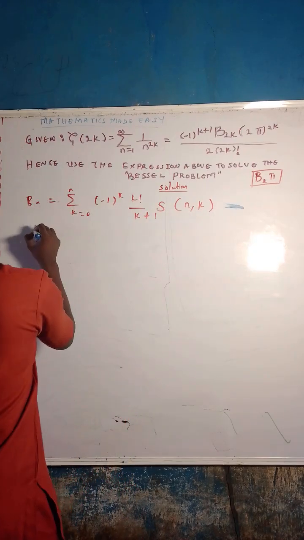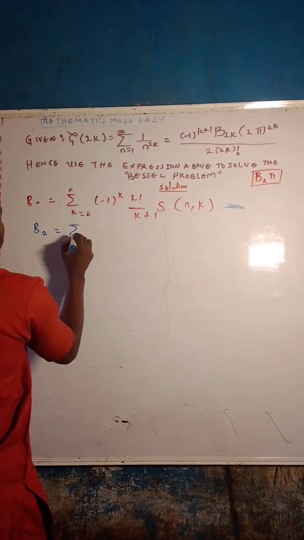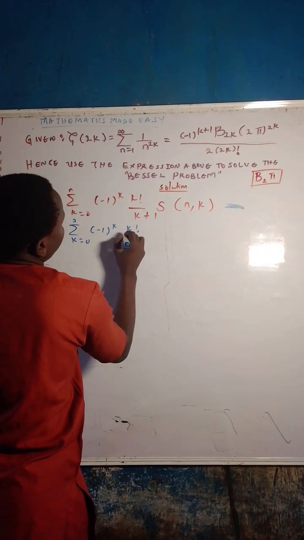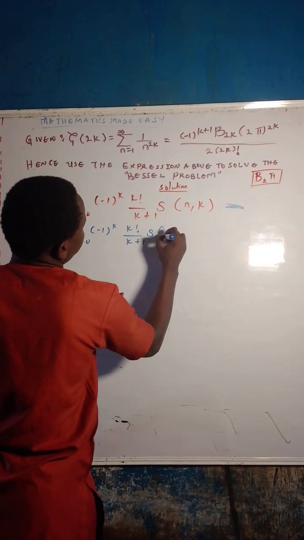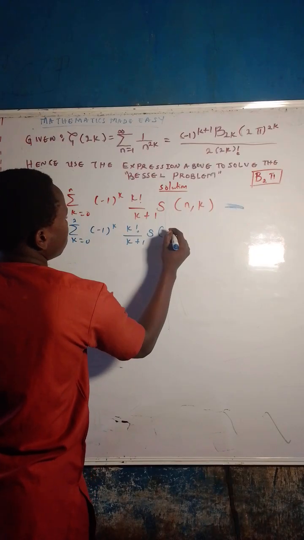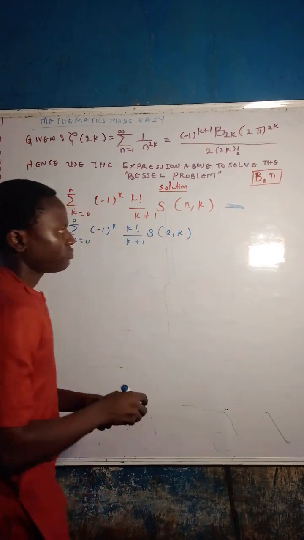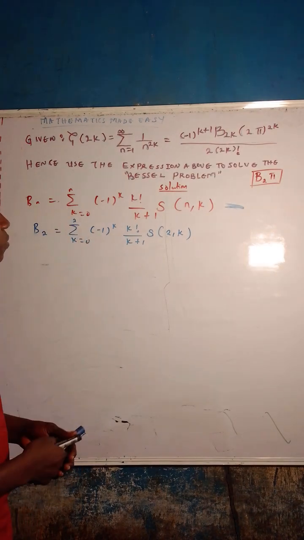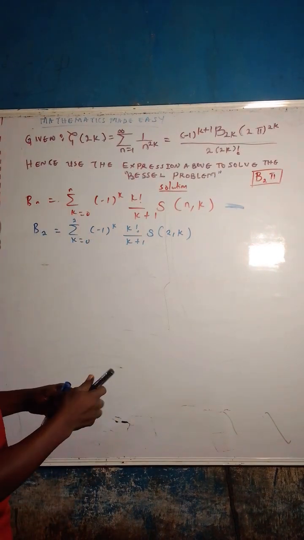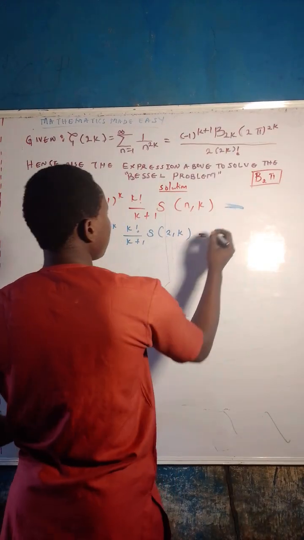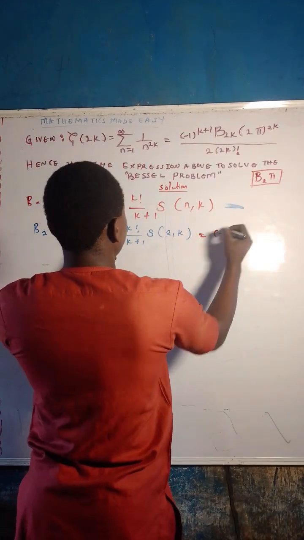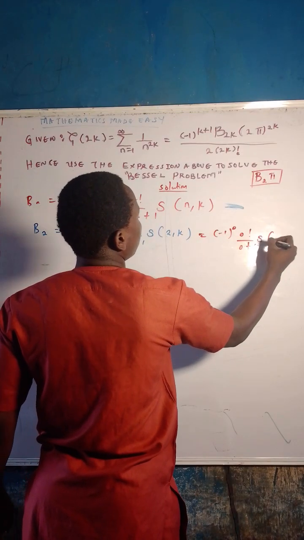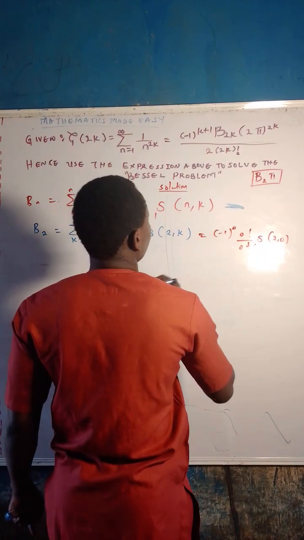That is, when n is equal to 2, we're going to have B of 2 equals the summation of k from 0 to 2 of (-1) raised to the power of k, k factorial over k plus 1, times S(2, k). That's beautiful. So let us sum this function from 0 to 2. We are going to have (-1) raised to the power of 0, that is when k is 0, multiplied by 0 factorial over 0 plus 1, times S(2, 0). Okay, so plus